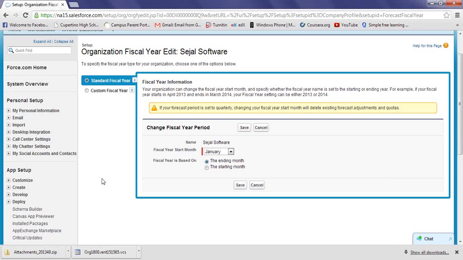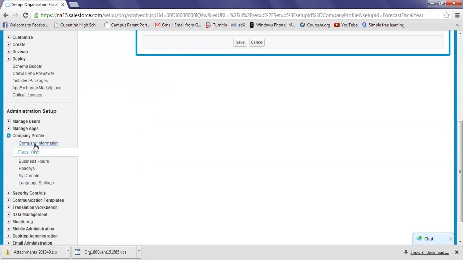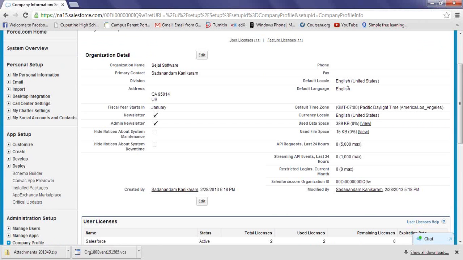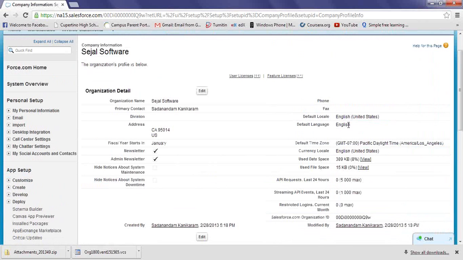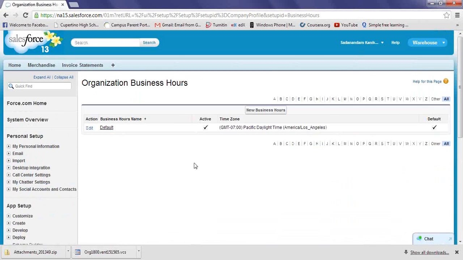So for example, Srikanth, you are using the system for whatever job you are doing or whatever you are trying to create. But prior to that, maybe some other company came to your company and implemented it, and they have done this setup, like company information, maybe the time zone, or the locale, or some other information like phone, fax, all of that. They have already done it. Then the next one is business hours.